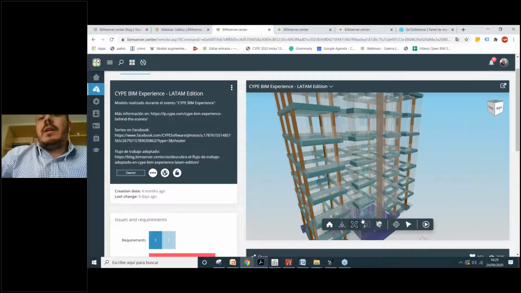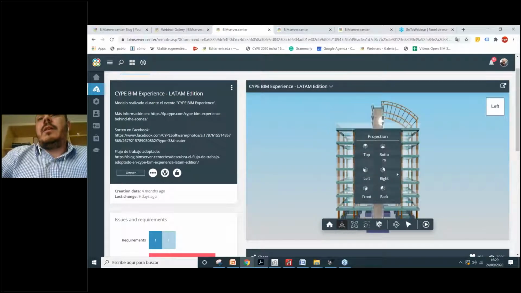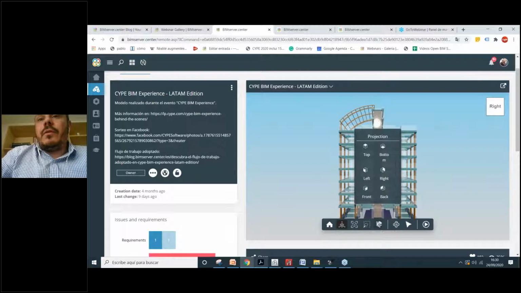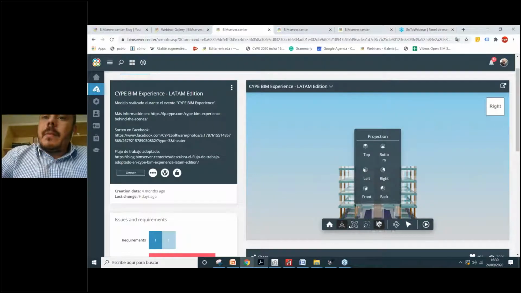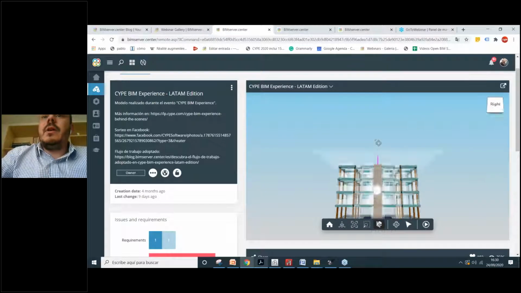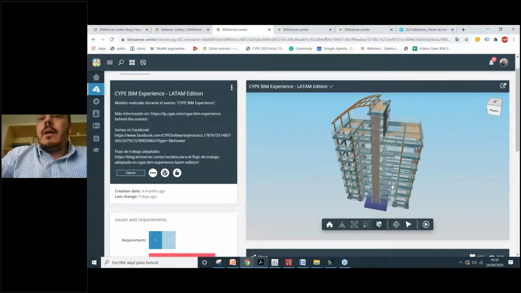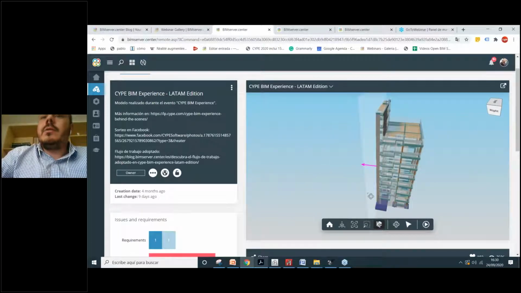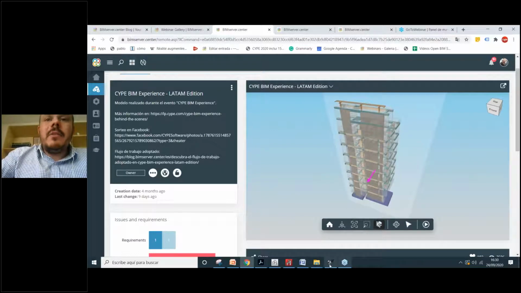And you can also create sections here, as we created in the software. For example, you can create any section here. It's the same way that we created before in OpenBIM Model Checker. Okay, let's see if our